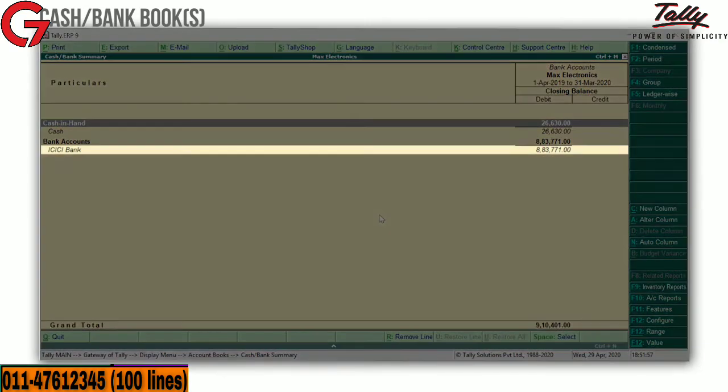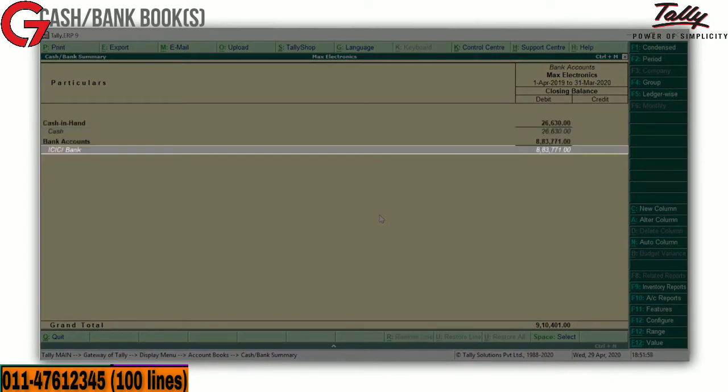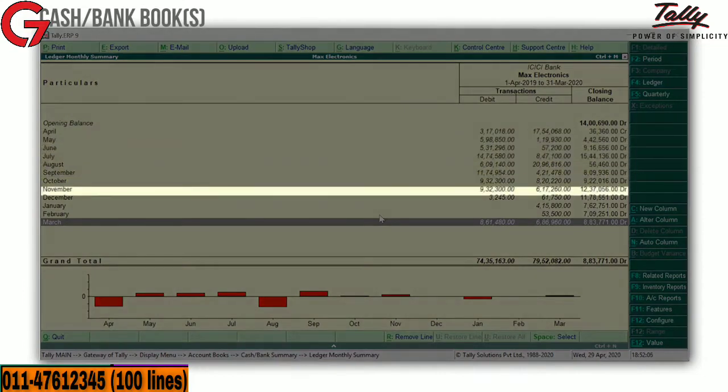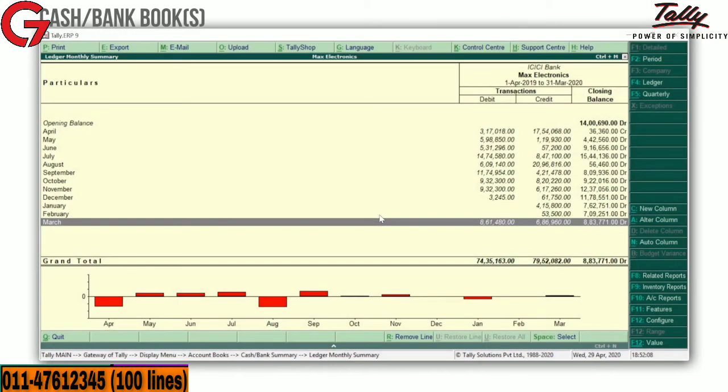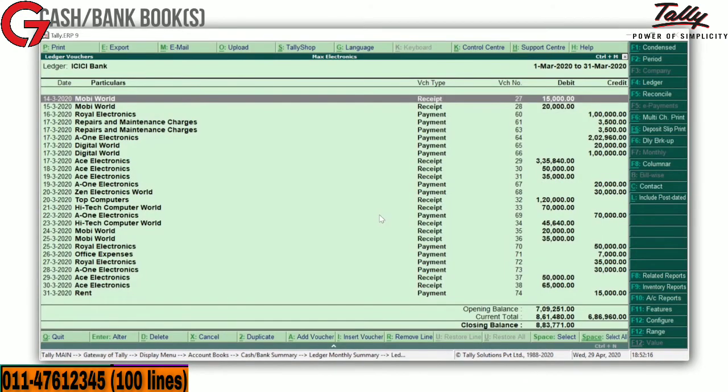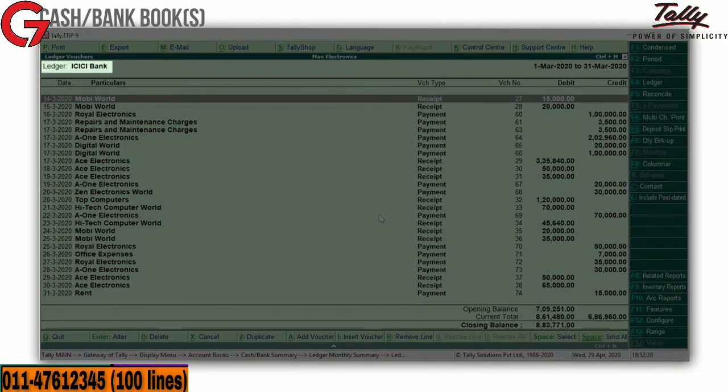Press enter on the ICICI Bank ledger to view the monthly transactions summary. You can drill down to any of these months to view the transaction details. Let's say you want to view the transactions recorded in March. Press enter on March. Here, you can view the actual transactions recorded using the bank ledger along with the closing